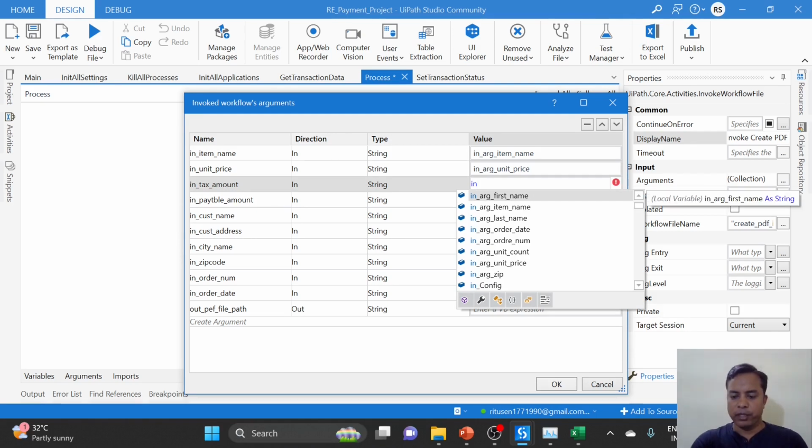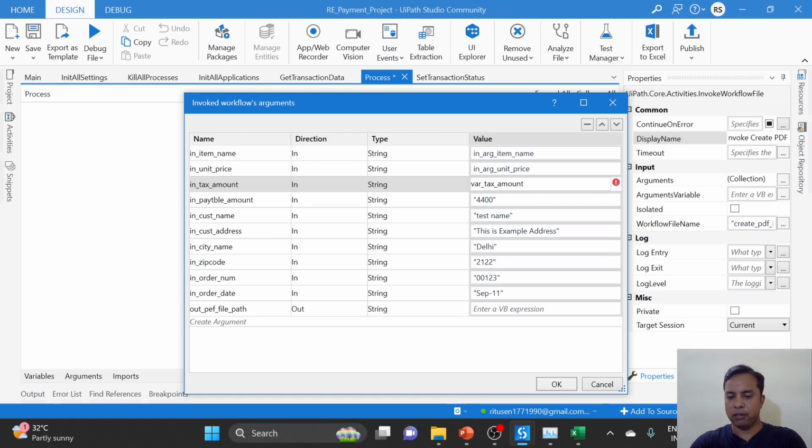Tax amount will not be coming from the queue. So we have not created this argument because it was a variable. Now when we have to use this, we can use the tax amount variable that we have just created, and we have to change the type here,